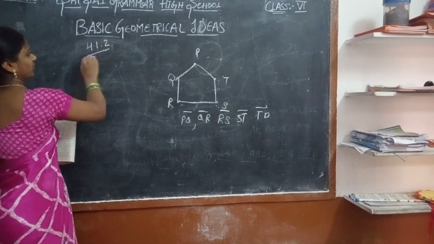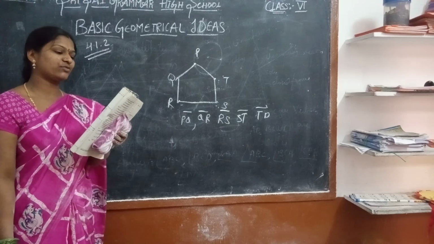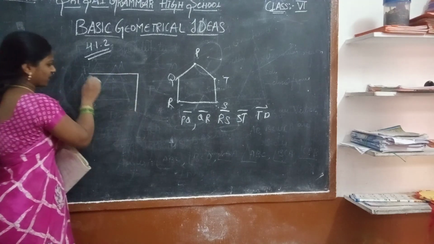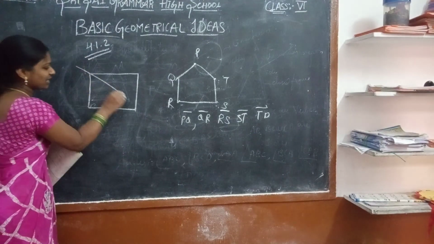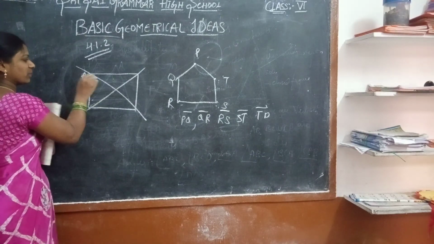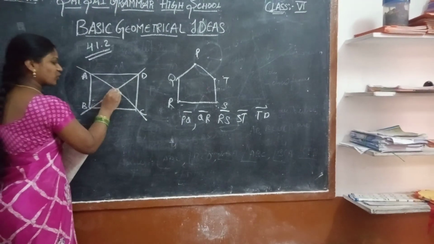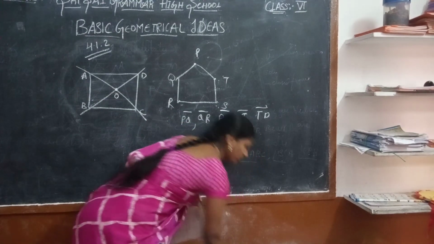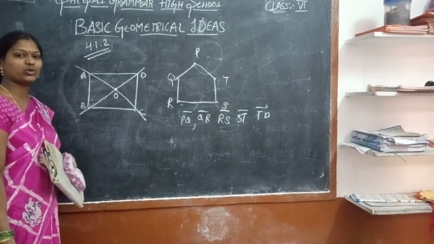4.1, second one. Yes. Now see. Name the following from the figure: any 5 points, any 5 line segments, any 3 rays, any 2 lines. Here a square is given. It is also a closed figure. And here the lines are extended, which cut exactly into 2 parts. Here they have represented with the points A, B, C, D, and also a common point O, the origin.